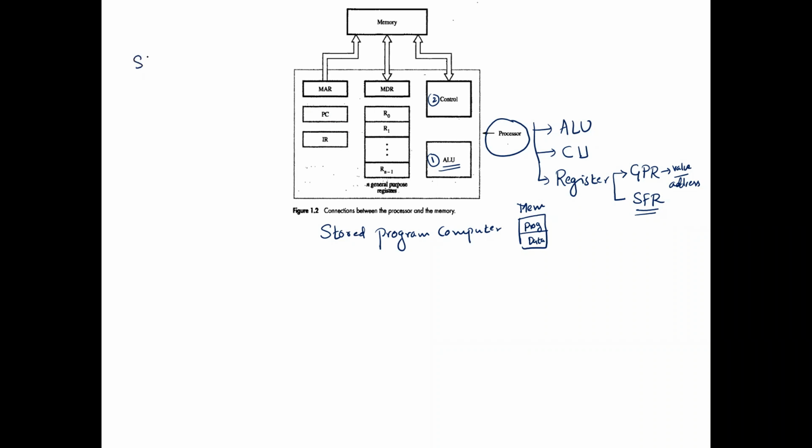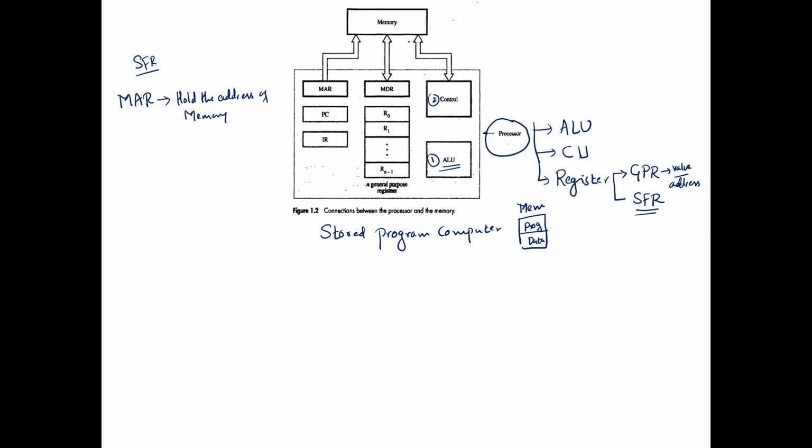The SFR registers are MAR, the memory access register. Now we need to define it. But for GPR, we have not done anything, so we are not going to describe those registers. But when I say MAR is an SFR, a special function register, its meaning we need to define. So what is the description of MAR? It is going to hold the address of memory.